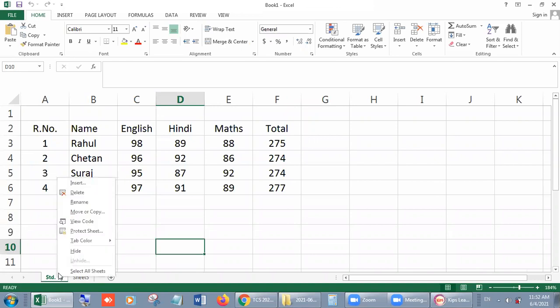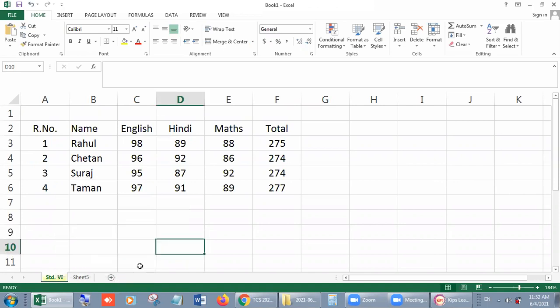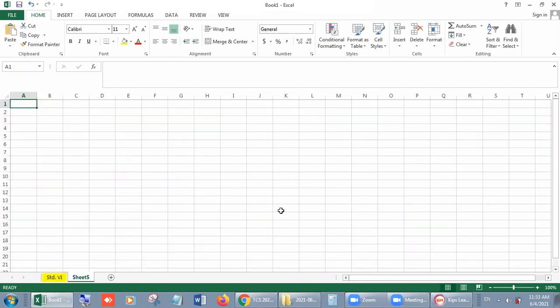Right click on it as you rename it, same way tab color, yellow. Suppose I choose yellow and it is not visible, but when you click anywhere or on any other sheet, it will show in yellow color, yellow background.